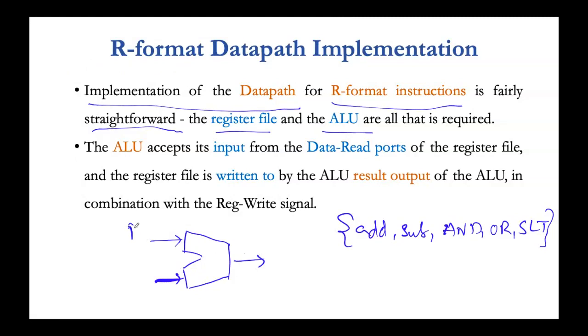What are those inputs? These inputs are registers only: your register source 1 and your register source 2, and the result will be stored in the register destination itself. So the ALU accepts the inputs from your data read ports,